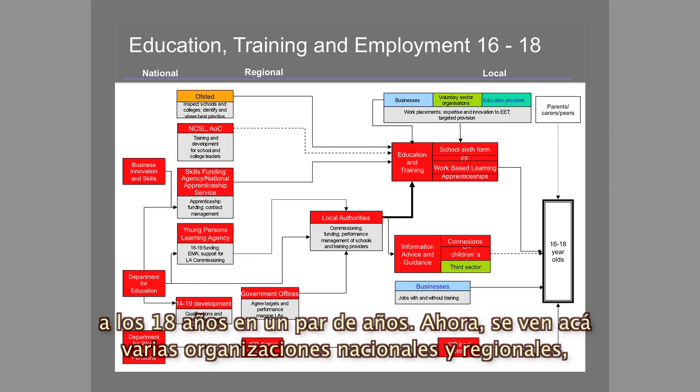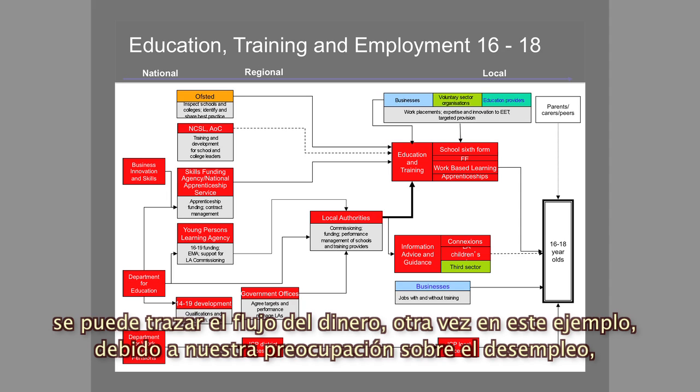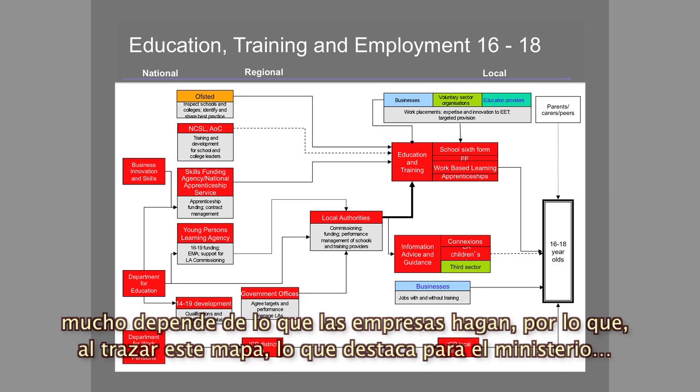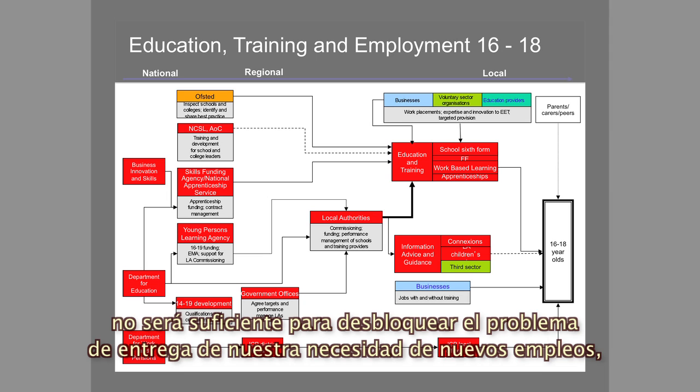Now, you will see here various national and regional organizations, local organizations that play their part, and you can begin to see the interrelationships, and again, you can actually map the way the money flows. Again, in this example, because of our concern about unemployment, a lot of it revolves around what businesses do. So by drawing this map, what it highlights for the ministry is that just dealing with the government departments and the way in which they work won't be sufficient to unblock the delivery problem of our need for new jobs,